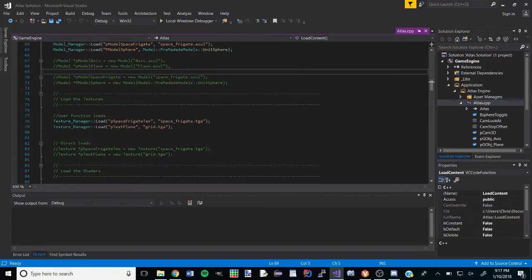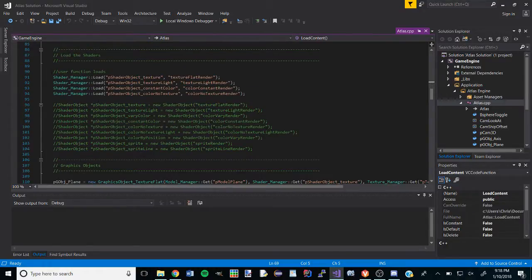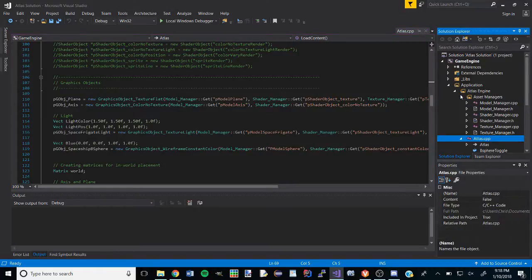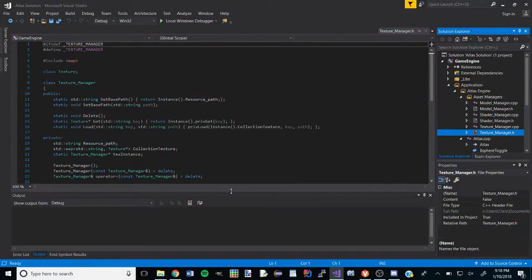The texture manager is responsible for the loading of the texture files, and then the shader manager will load the shader objects as well as the prefab shaders. And then down here in the graphics objects, the get functions of the asset managers are used to get the proper resources. And looking in the asset managers folder, we have the texture manager,